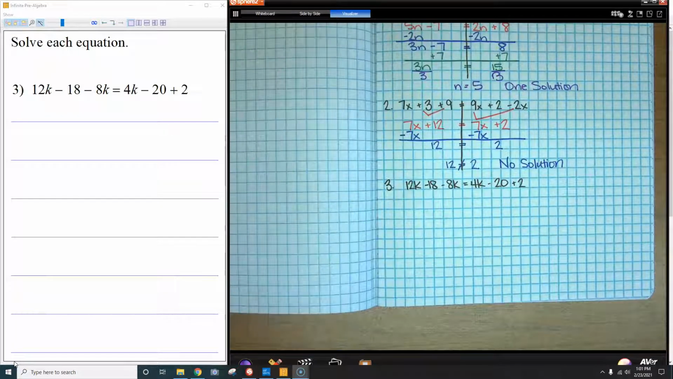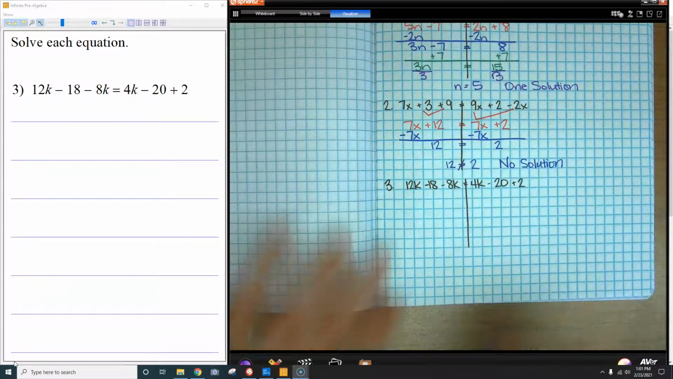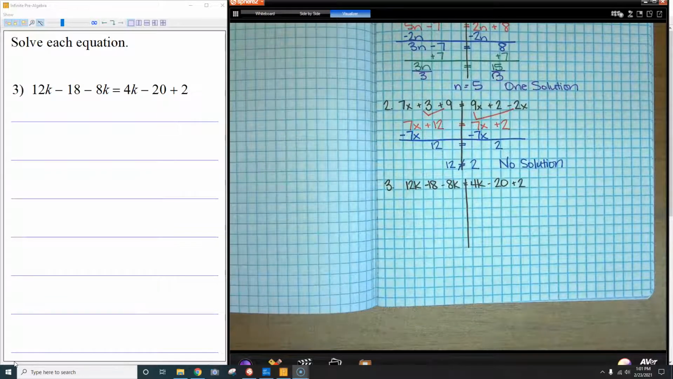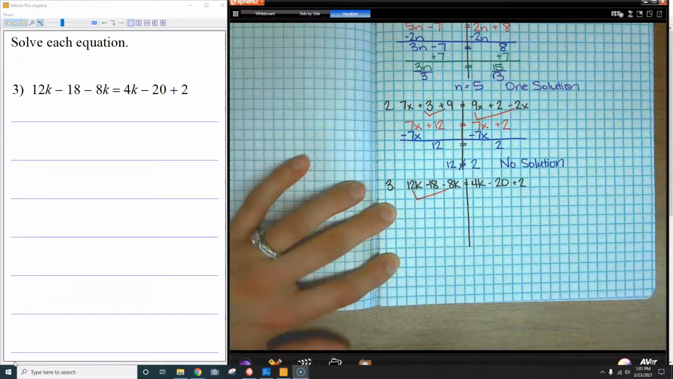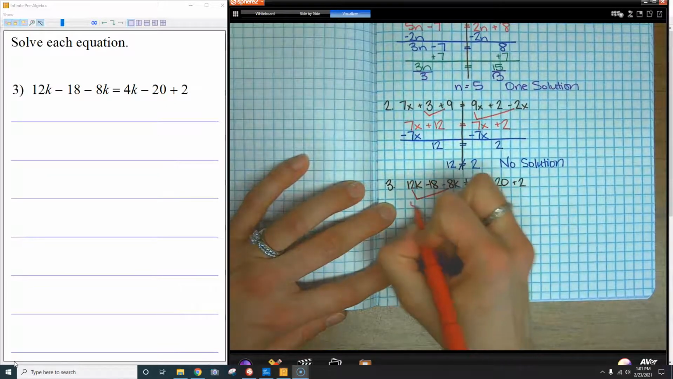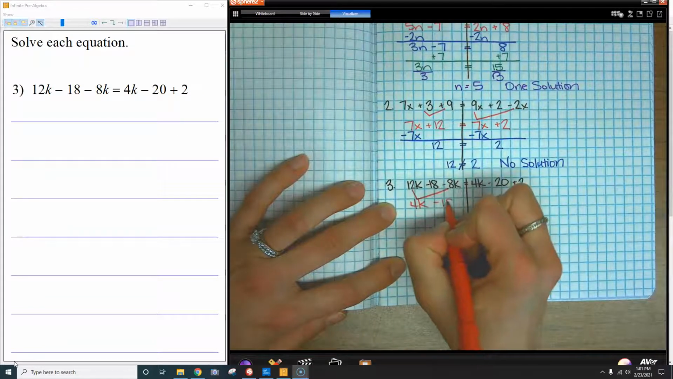All right, number 3, we have variables on both sides, and we have some terms that we're going to combine. So I'm going to draw my line at the equal sign, and I'm going to look at the left-hand side and see what there is to combine. I have a 12k minus an 8k, which makes 4k. They're on the same side, so I follow the sign, and I bring down the minus 18,